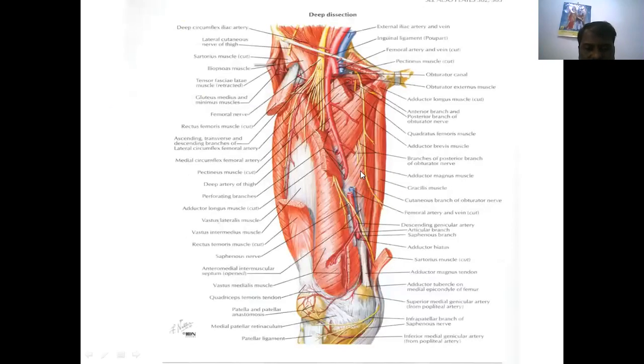See here, this is the obturator nerve, posterior division, which makes branches. This is the femoral nerve, which reaches the patella and makes the patellar plexus. Posteriorly we can identify the sciatic nerve division, the tibial component and the common peroneal. These give genicular branches to supply the area around the knee joint. So that is the nerve supply to the knee joint.